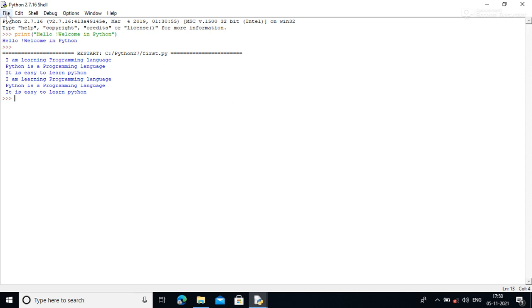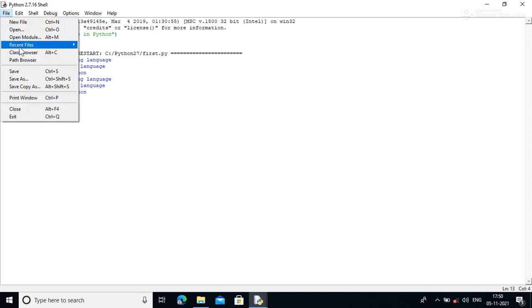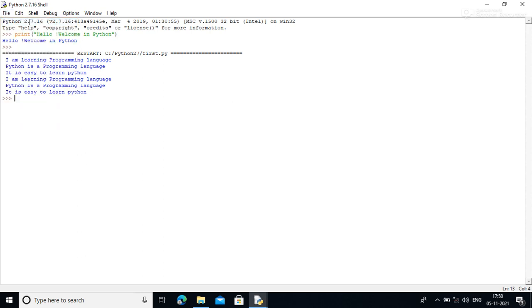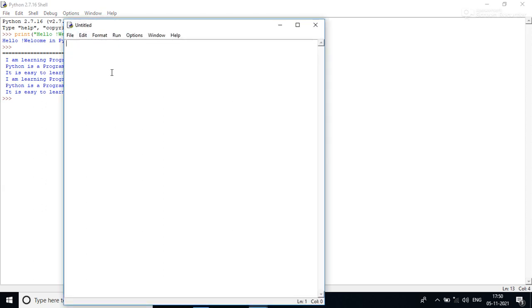Next is how a variable can be declared in Python. If you want to declare any variable in Python, first of all, what is a variable? A variable is an identifier that can store some value in the memory of your computer system. If we want to declare any variable in Python, simply write the variable name and assign the value. Similarly, write another variable name and assign the value.